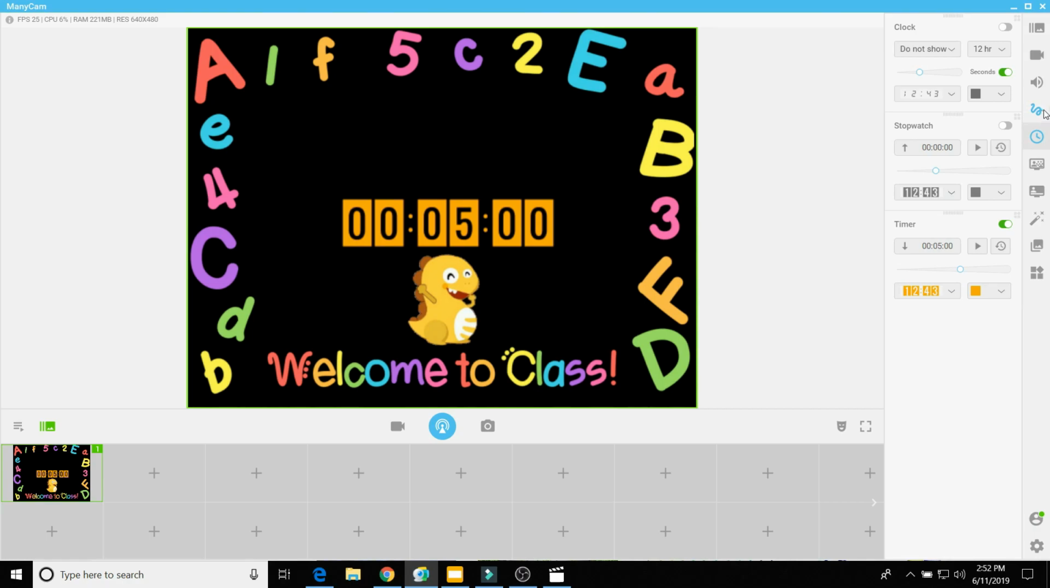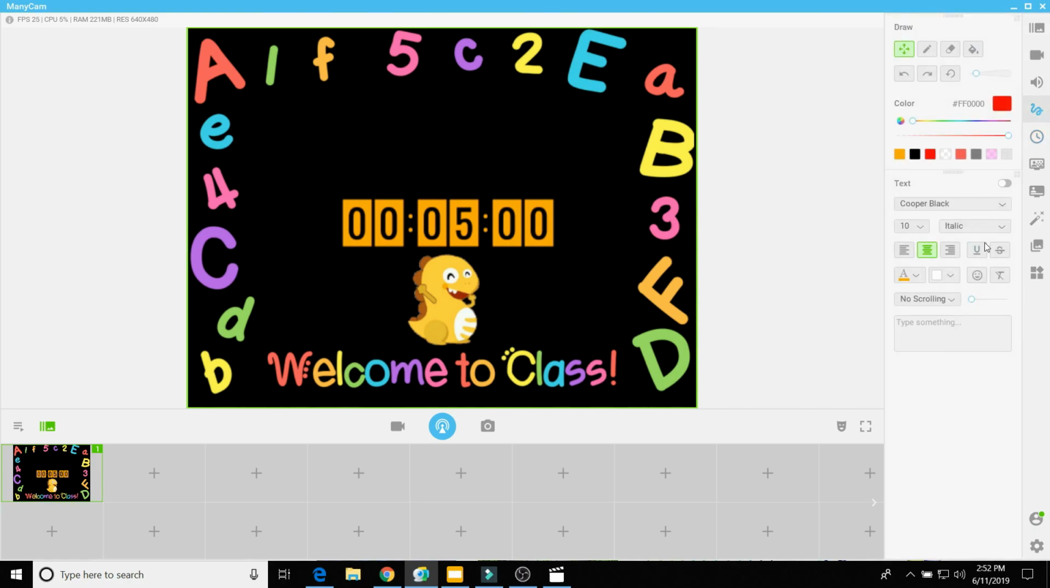So we will come here to this little squiggly. This is the draw option. Click on that. I click on this slide bar to allow my text box. I'm just setting it up. I like the Cooper Black and italicized. I like the look of the font. And then we can just type, you know, class